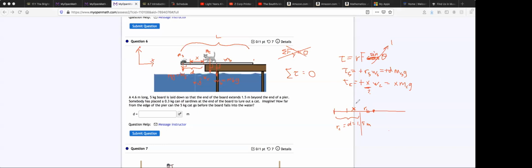So we got two torques. The third torque is from the board, right? The weight of the board is over here on the right side. And so the weight is actually trying to push the board in the opposite rotational direction. It's trying to make clockwise motion. So the torque,